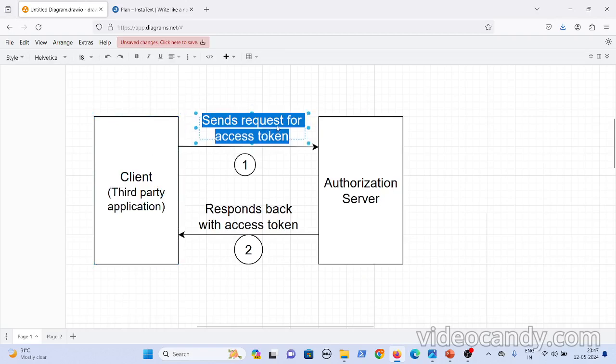So in case any third party, like a hacker or malicious application, steals this access token, there is no security for your protected resource. So this method is less secure compared to the authorization code flow, because in the authorization code flow, first you get the authorization code, and then you exchange that authorization code for the access token.